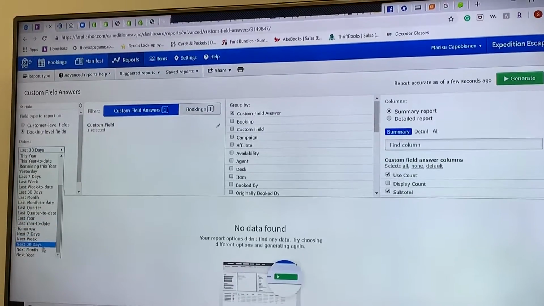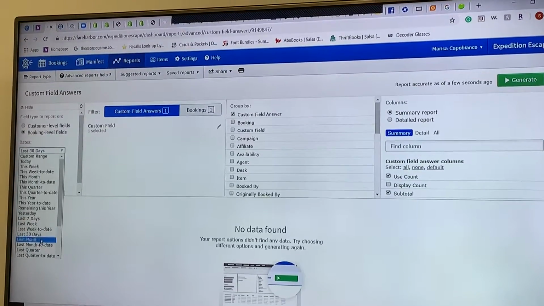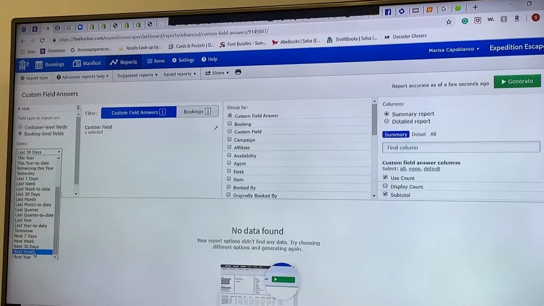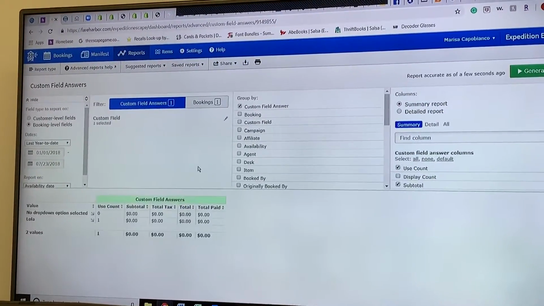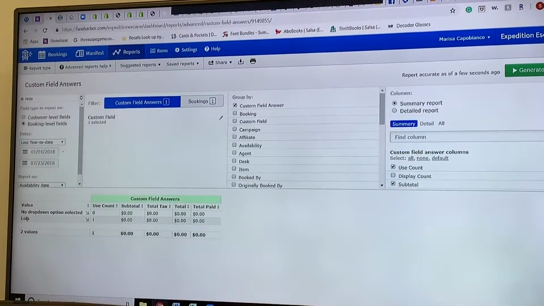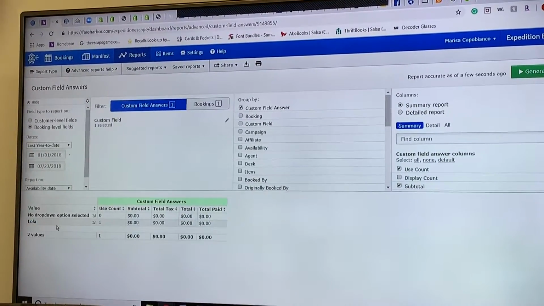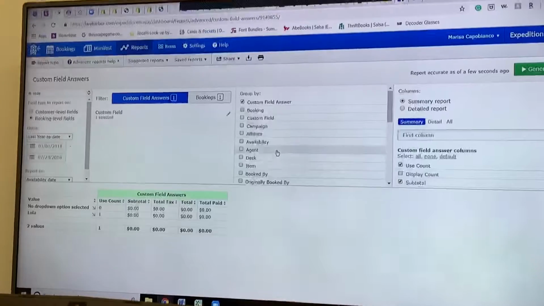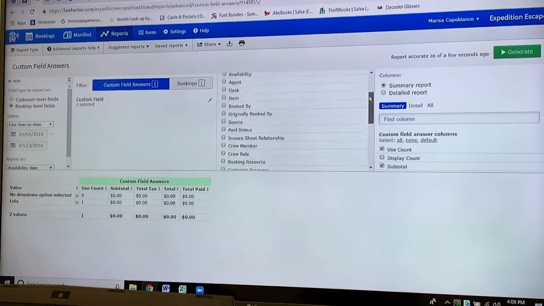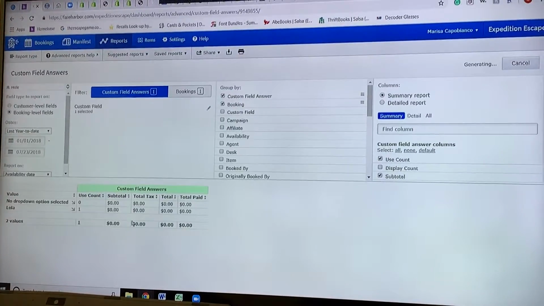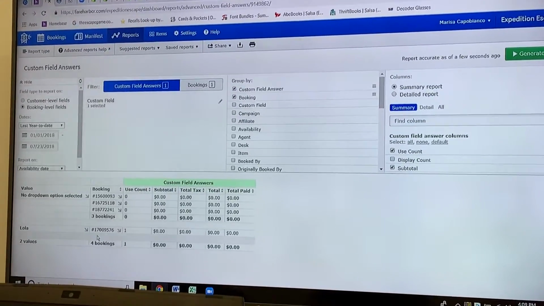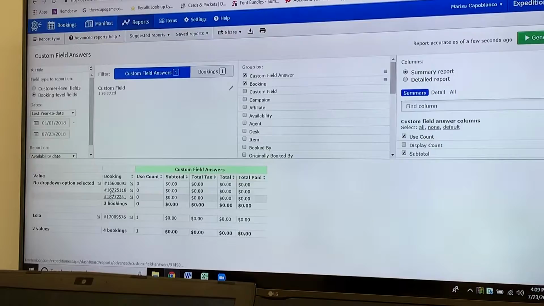I don't know if it'll ever come up. So, Lola was mentioned once. I could change it and it could give me like the booking number and all that, and then I could see, okay,